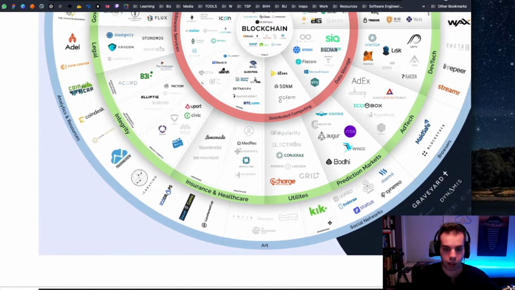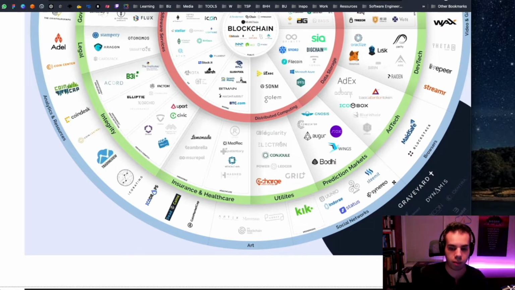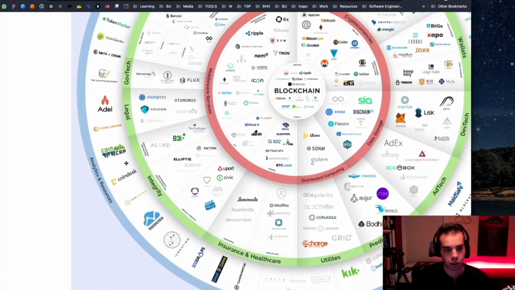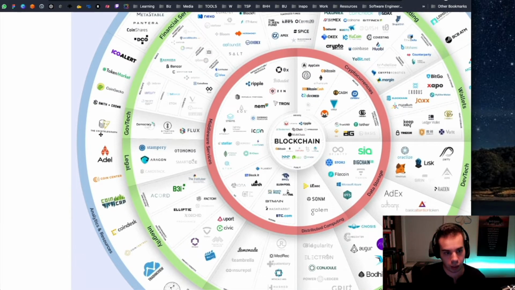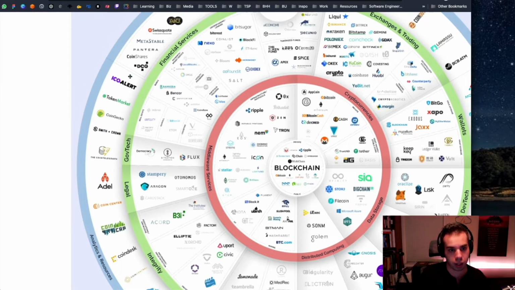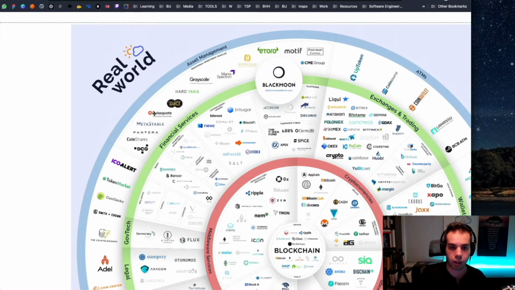Kik. And I know also with PapaFam, they had created Clouch, so that would probably go under social networks as well. Under analytics and resources, there's CoinDesk, there is Cointelegraph, and we actually were just reading an article from CoinDesk earlier. There's also CoinGecko, Token Market, ICO Alert, and even under asset management, there's eToro.